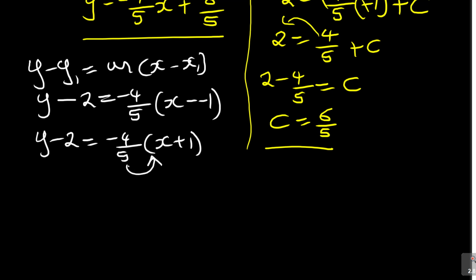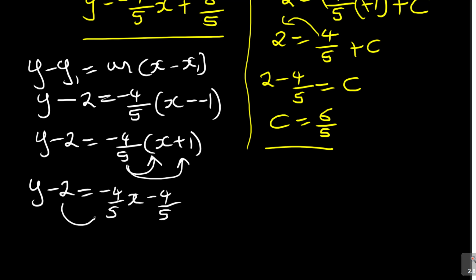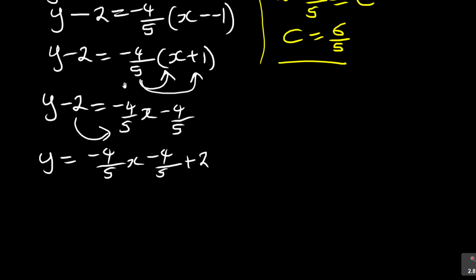Open this bracket here. So you've got y minus 2 is equal to minus 4/5 x, and then 1 times that is minus 4/5. Then take negative 2 to the other side to join negative 4/5. It's y is equal to negative 4/5x, and then you've got minus 4/5. Negative 2 becomes plus 2. You see that? And then you finalize your answer, which is y is equal to minus 4/5x,